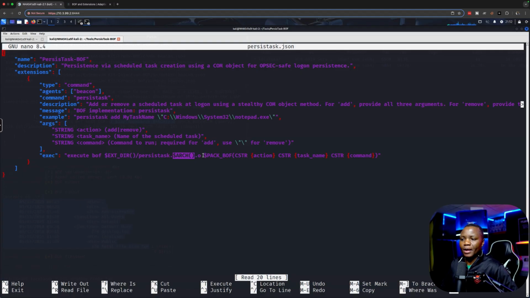Then it will append the strings that are required, in this case these three that are defined here as arguments. That's pretty much it. And then make sure that your JSON format is correct. And once you do that, you go to your